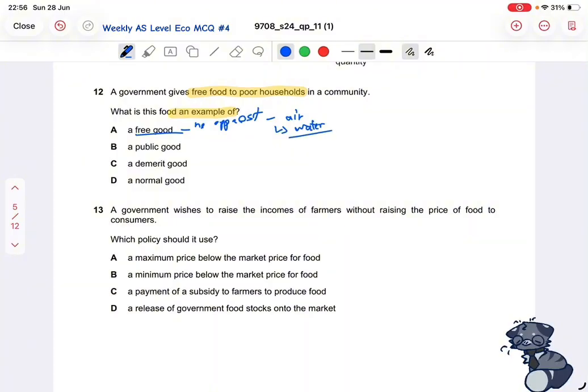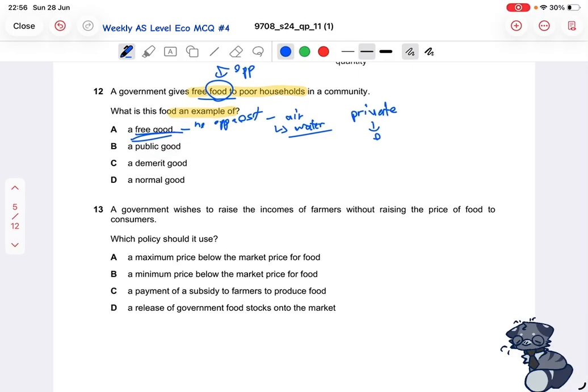So is free food? Well, is food itself a free good? Well, to produce food, you do face opportunity costs because you need the factors of production to process this food, to cook the food, to process it in any way you need. It does have an opportunity cost, so that is not a free good. The opposite of a free good, however, is a private good, and that is a good that faces opportunity costs to be produced. So food is not a free good, it's a private good. So this is not correct, so we're just going to cross that off and check the next one.